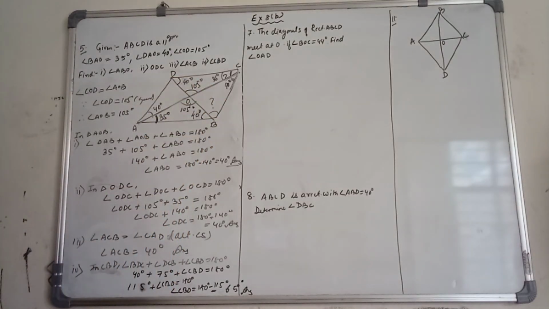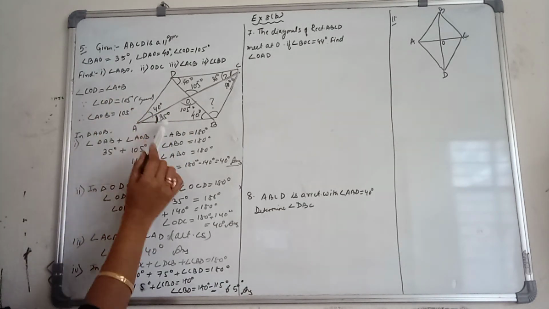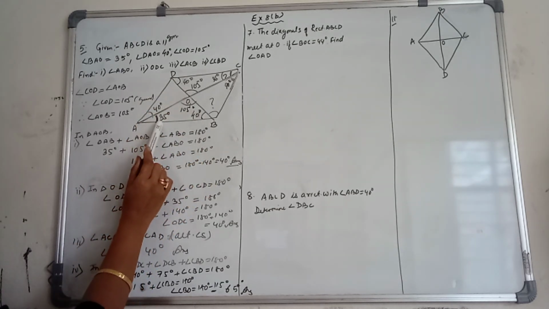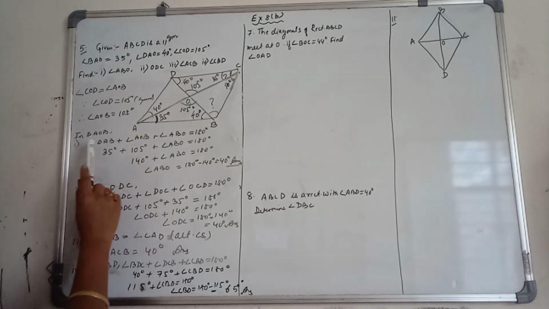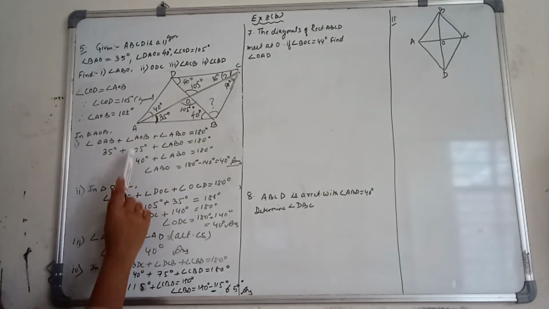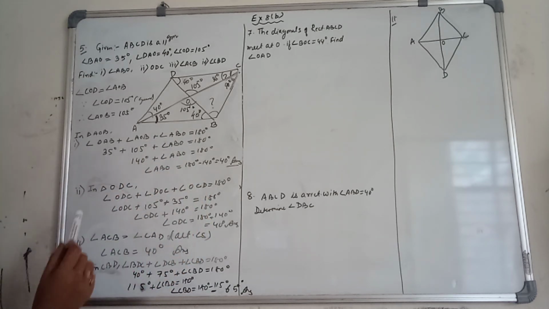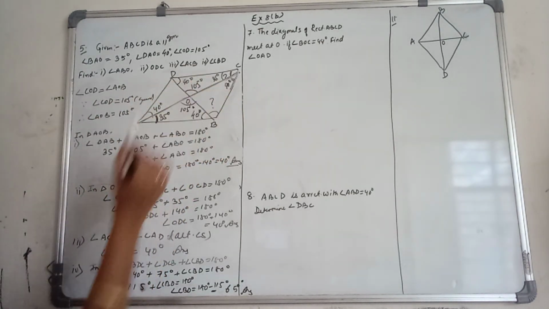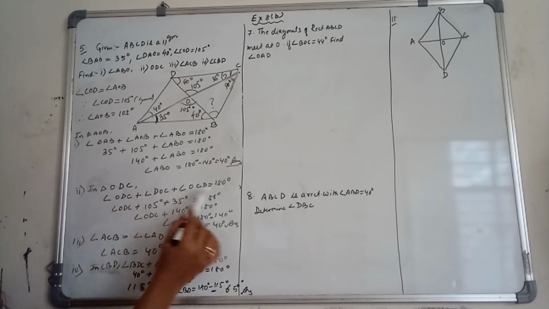So see again here what we have done. To find the angle ABO, we have taken the triangle AOB, and in triangle AOB we know that the angle 35 degrees is given and 105 degrees we got from the vertically opposite angle, and we have used the angle property. After using the angle property, that is sum of the angles equal to 180 degrees, we got here 40 degrees. Secondly, to find the ODC, we have taken the triangle ODC. In ODC again you use the triangle property, that is all the angles will be 180 degrees, so we get 40 degrees.